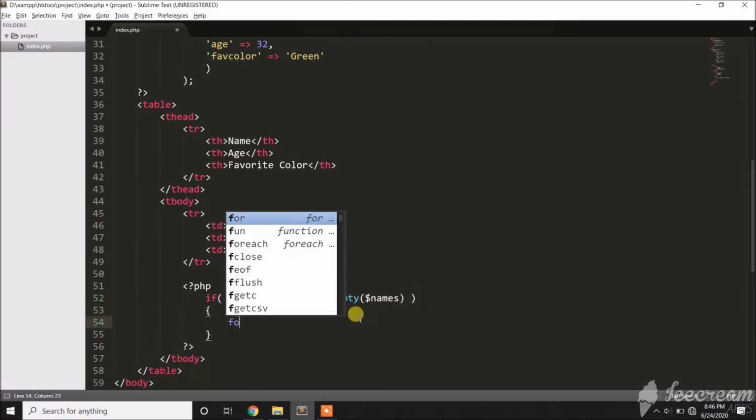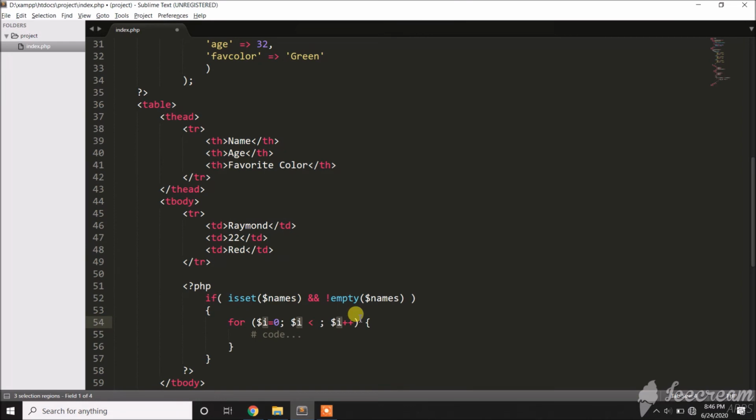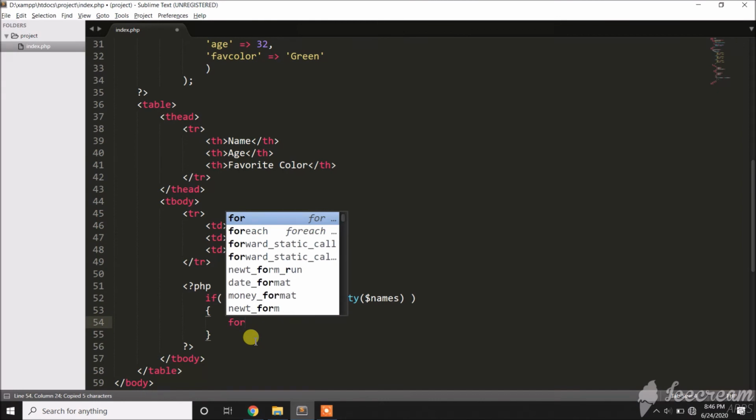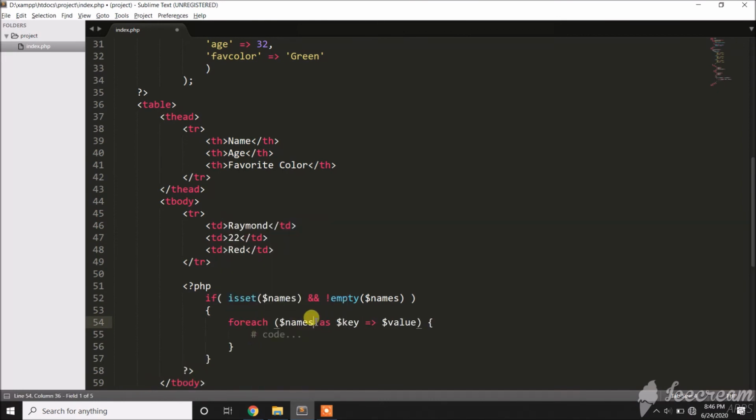So kung may laman siya, then dito natin ilalagay. So ganito ta. If nakaset, then i-process natin. Tapos, kung hindi siya empty using the not operator, if not empty yung names, therefore may laman. Then, yun ang ilalagay na natin dito sa foreach. We're going to use foreach. Then dito, then the key and the row. Then we're going to place here yung